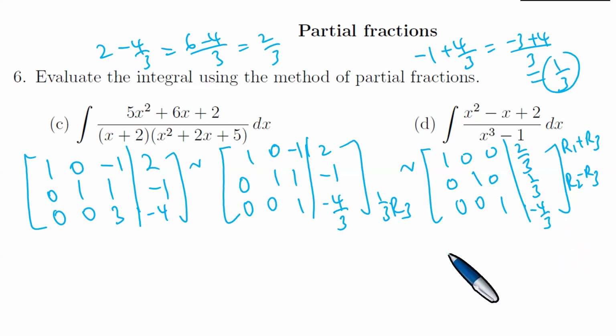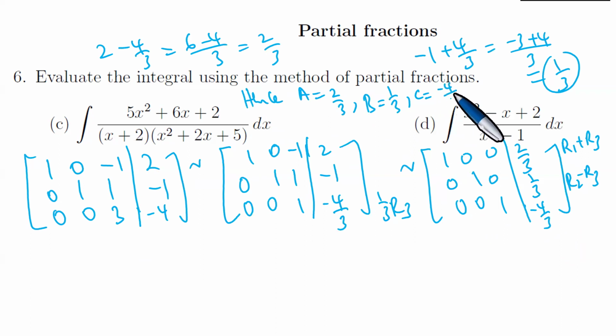Okay, we get that. We need to check if this is correct. This is correct, and therefore this means that our A is 2/3, B is 1/3, C is minus 4/3. So that then, if you are actually supposed to perform this integral here,